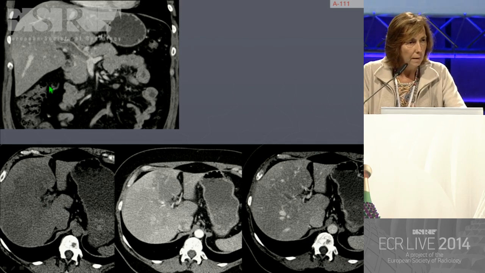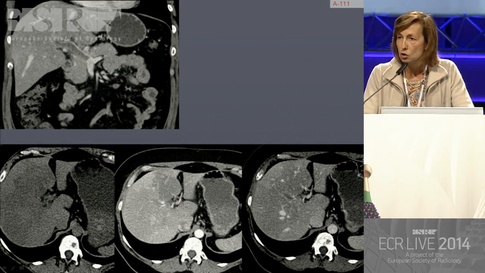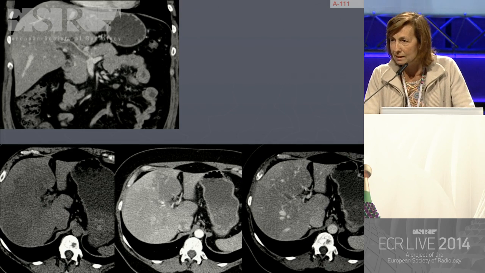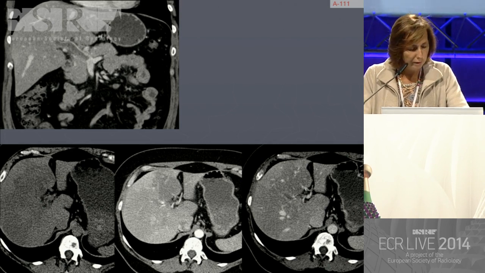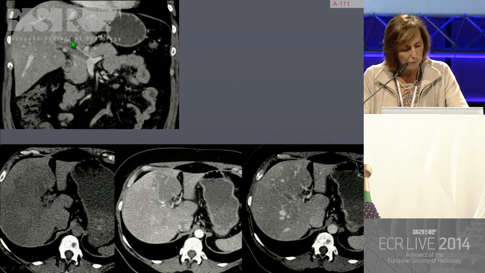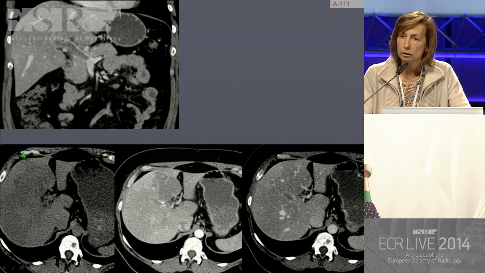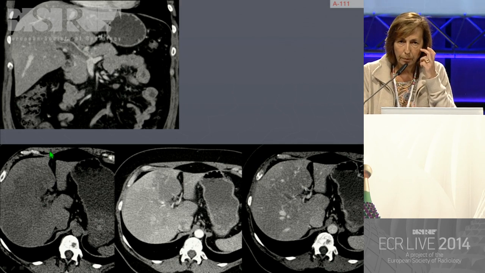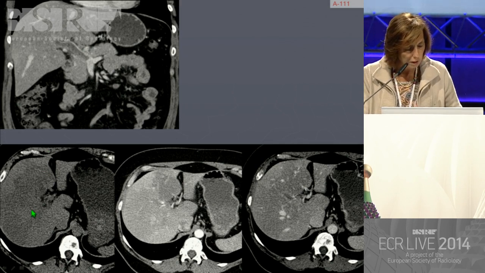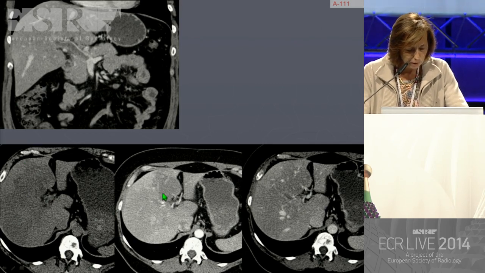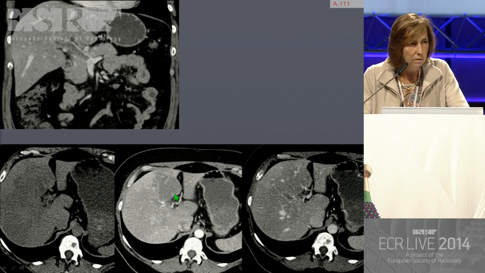And this is another example. Even in patients with portal vein thrombosis, we can see very unusual and funny things. This patient had a portal vein thrombosis. On CT, there was an uneven focal fatty deposition, which predominates in the segment 4, as you can see here. And looking again at the contrast-enhanced sequences, we could see a vessel in an unusual location here, entering directly the